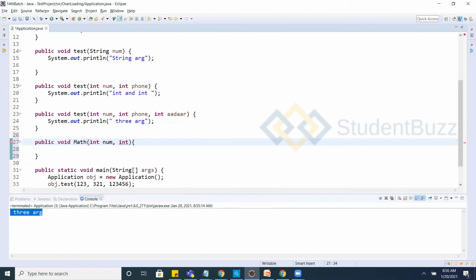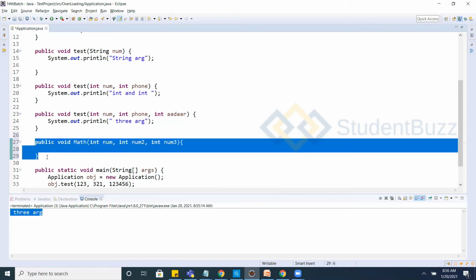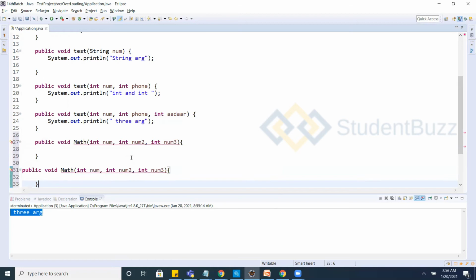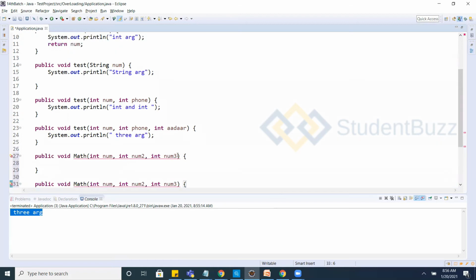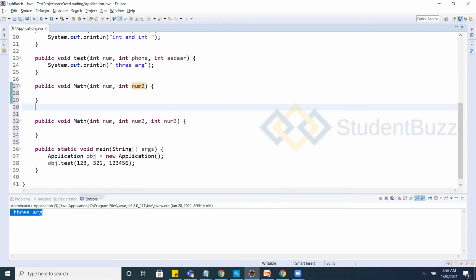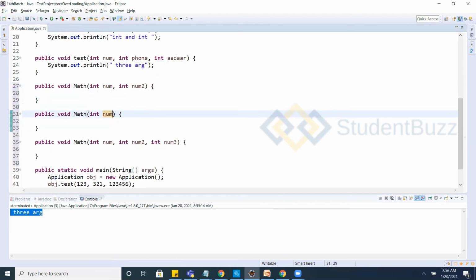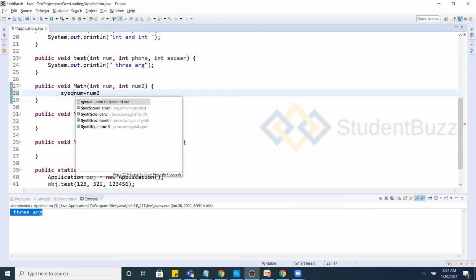Another one I'll create with the same name, removing one parameter. Another method I'll also create with a single parameter. In these, this one has three parameters and this has two parameters. I'll do the operation num1 plus num2 and put it into the sysout.